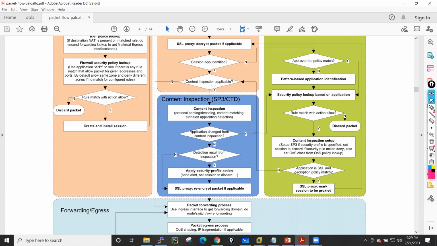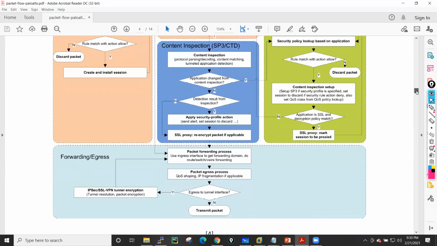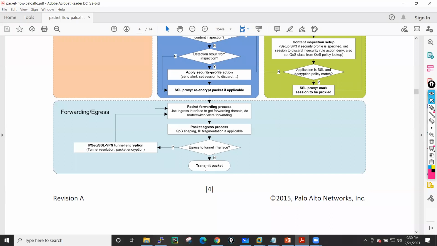After that content inspection, whatever traffic we have decrypted here, we need to re-encrypt it, and we forward that packet for the forwarding state or egress state, where your L3 processing happens, then your L2 processing happens, and after that this packet goes onto the wire. So this is the complete packet flow of your Palo Alto firewall, guys.